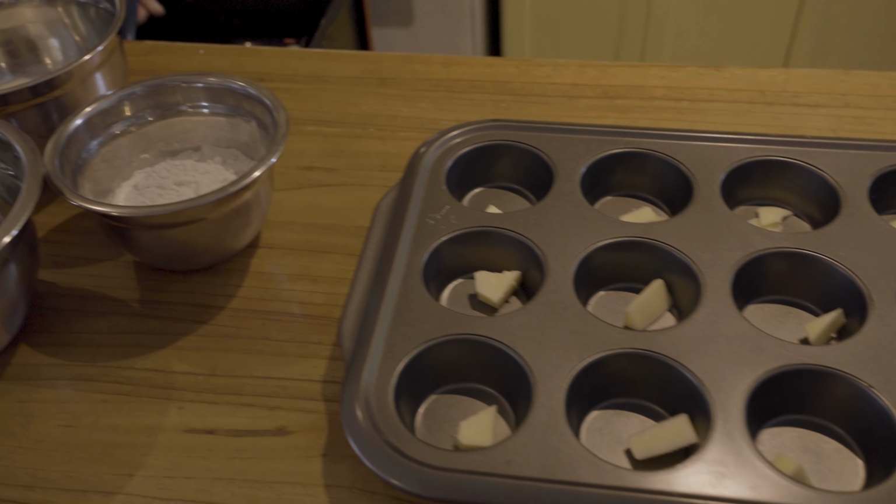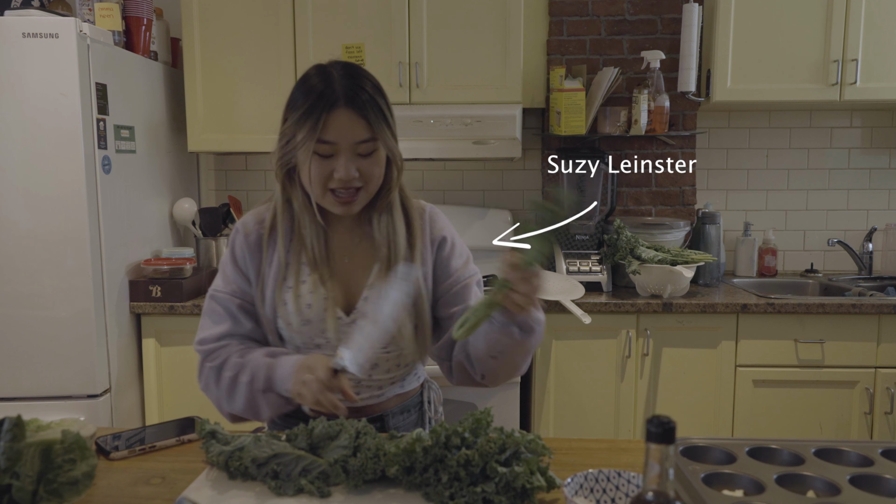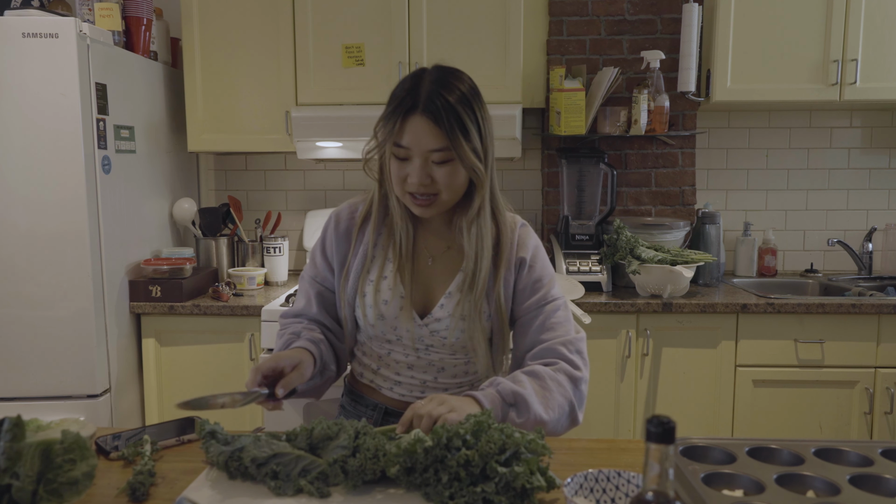We're looking at how Queen's students bring a taste of home to campus. Join features editor Suzy Leinster as she talks us through a recipe that reminds her of home and her family. You'll also get to hear from other students who share their favorite foods to connect them with their family and